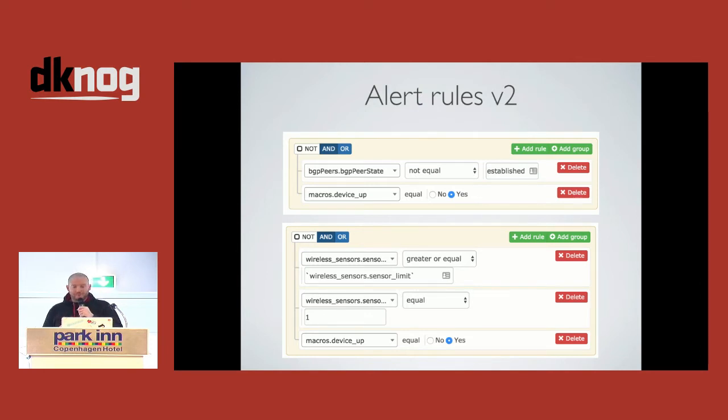It's not just one. The idea is that you can support a full SQL query within that, because that's in essence what we're doing in the background. So you can support grouping, and/ors, subqueries, and all sorts of things, all from the interface. You don't have to write the SQL yourself. However, we do have an import tool as well. So if you do go off and write your own SQL query for a rule, you can just copy and paste it into the system, and it will convert it automatically, so you can change it later on graphically. So I'm hoping that will be merged in pretty soon.